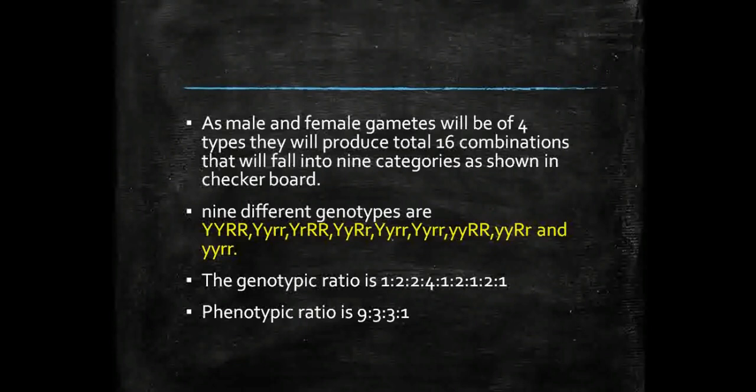And the phenotypic ratio, as we saw: phenotypically 9 will be of the same type, 3 will be of the same type, 3 will be of the same type, and 1 will be completely different, that is wrinkled and green colored homozygous. So this is how he performed his experiment for studying 2 different contrasting characters in the pea plant, and he saw surprising results from which he got this genotypic and phenotypic ratio. And this is all about the Mendelian dihybrid cross and dihybrid ratio.